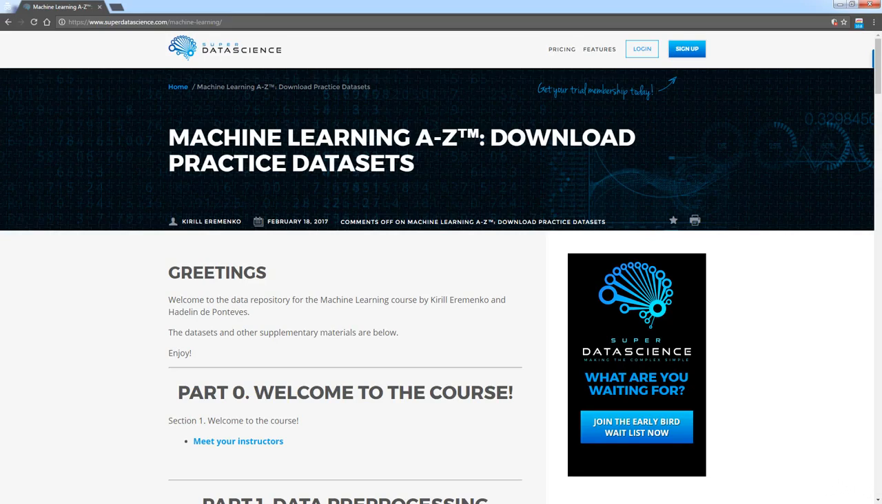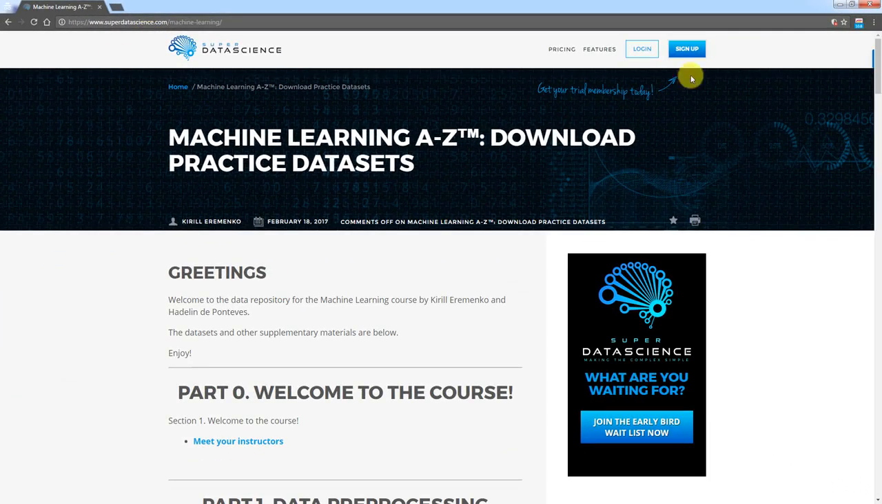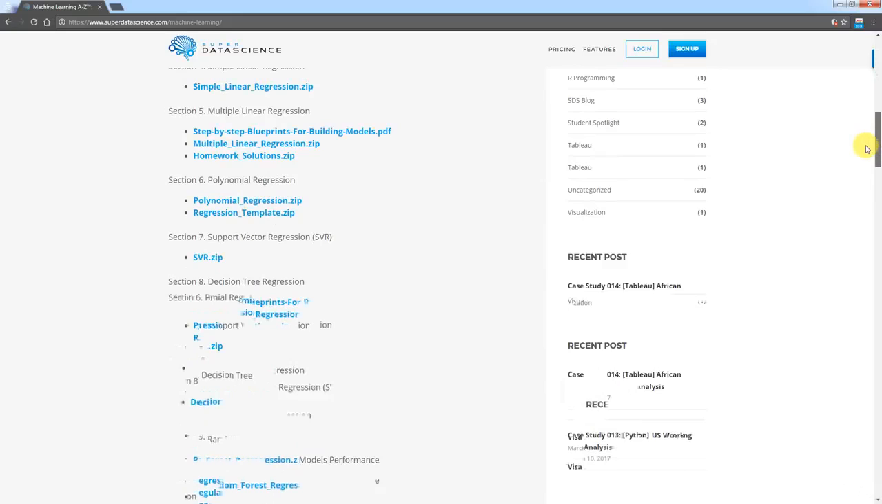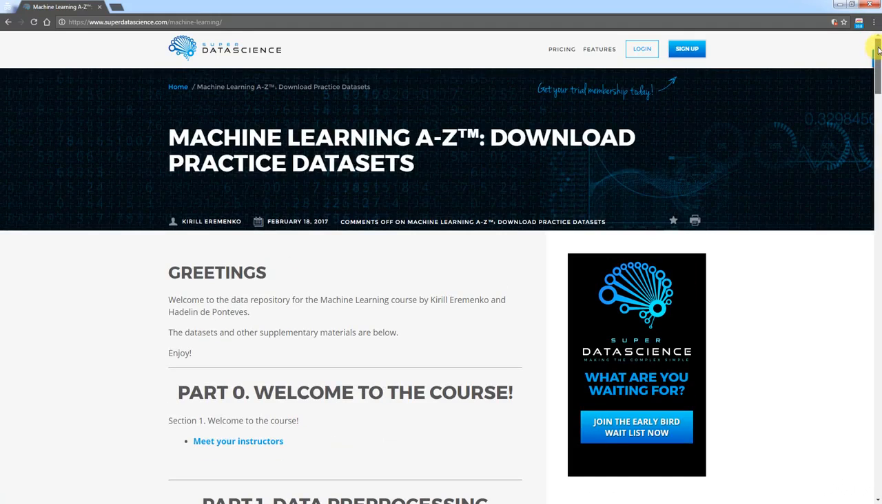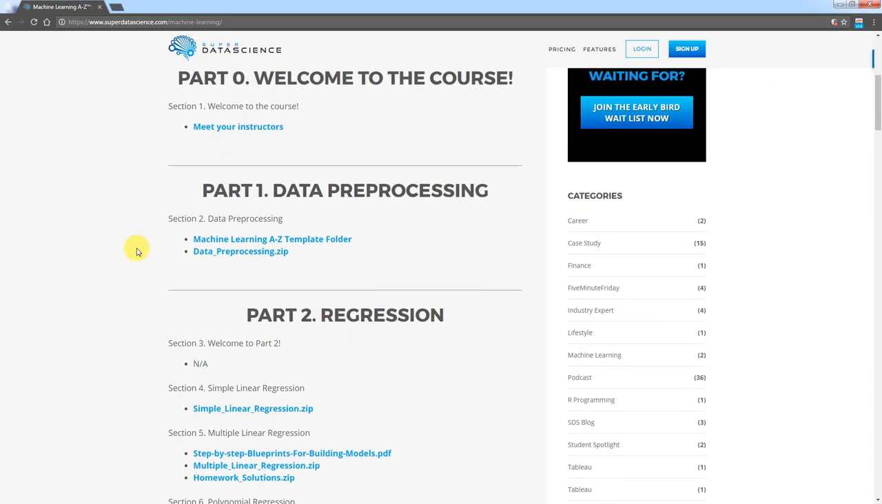So in order to get the datasets, you will need to go to www.superdatascience.com/machine-learning. So that's two words, machine-learning, and the website is superdatascience.com. And here you'll see a whole page and install onto your machine in order to follow along with the tutorials. So today we're going to